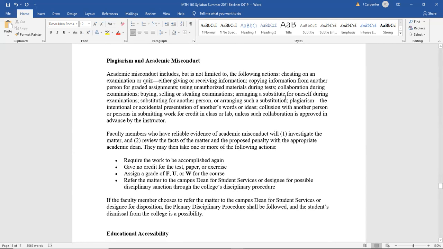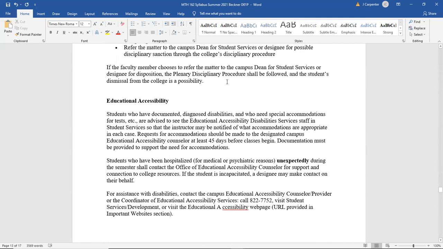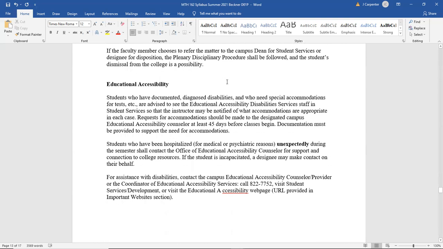Plagiarism, don't cheat, don't get caught cheating. Pretty easy stuff there. Educational accessibility. If you have any disability service form, educational accessibility form through TCC, please email it to me. They've probably already instructed you to do that unless you haven't got one yet. If you do feel that you need accommodations, but you don't have TCC paperwork, please talk to CCC, because that's the only way I can do anything, but I will absolutely 100%